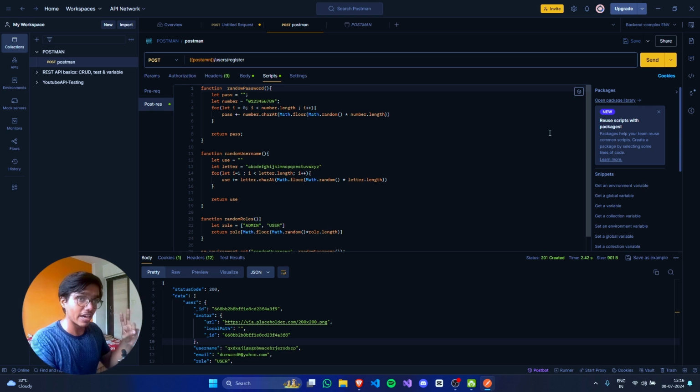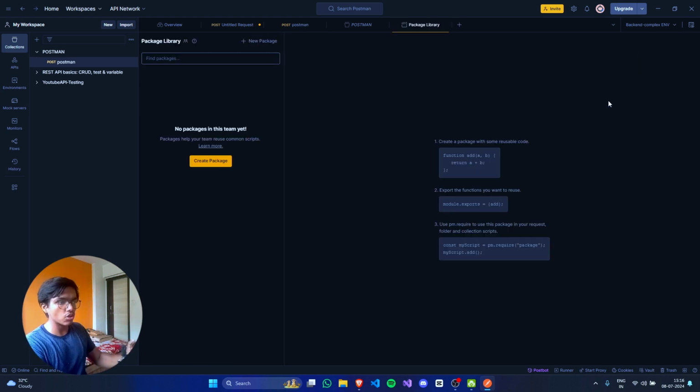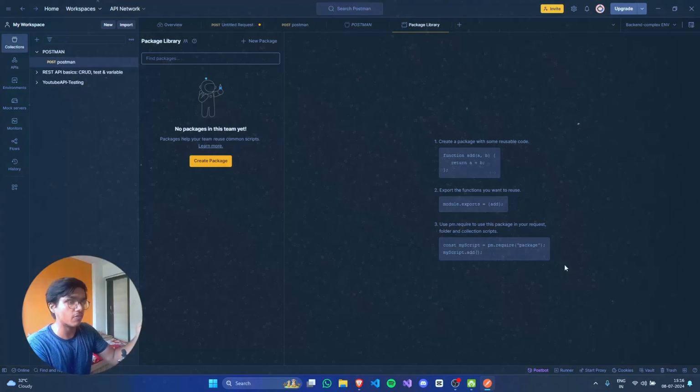The second feature is packages. In Postman, you can import packages that are already in use, and you can include them. How do you include them in the Postman interface? On the right side you can see the open package library. When you click on it, here are the steps to import your packages. Create a package with some reusable code and export the function you want to reuse. Use pm.require to use the package in your request folder and collection script. This is the step for how to use packages in the Postman interface. So guys, that's for